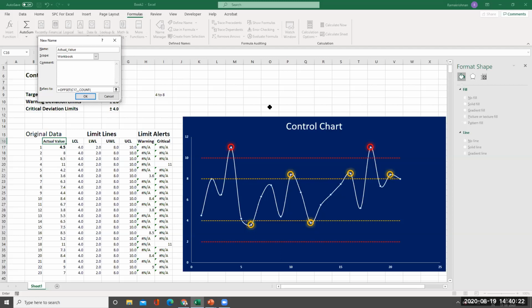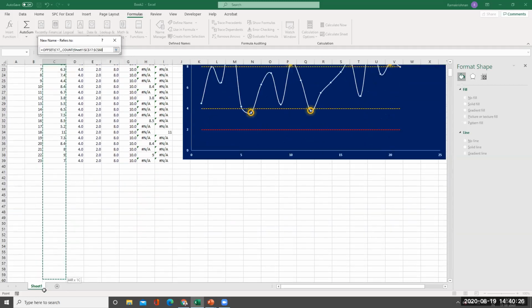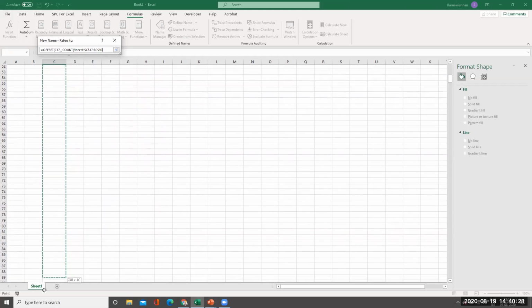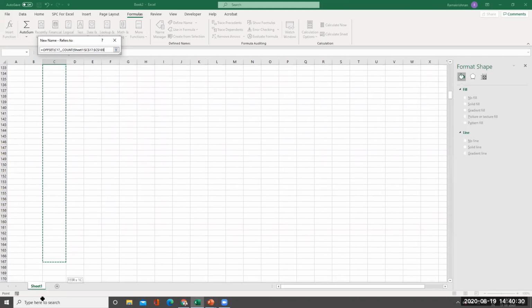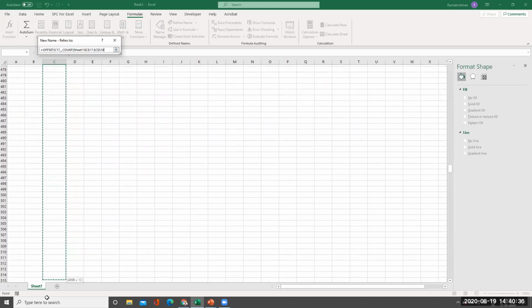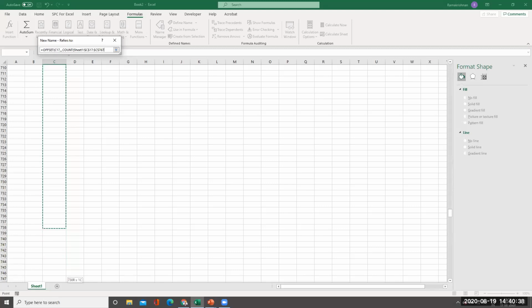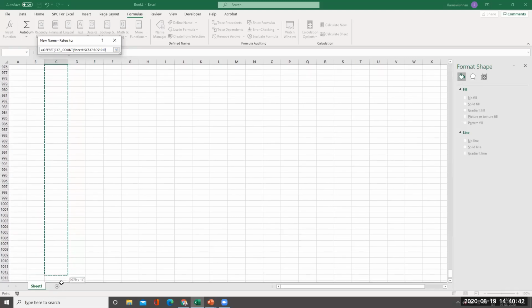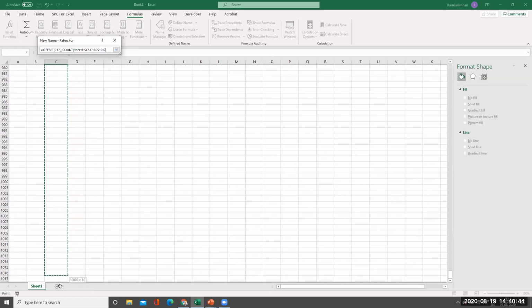I'll put in this cell 2016. I can go there and directly also change it. Let's see there. Yes, 2016.